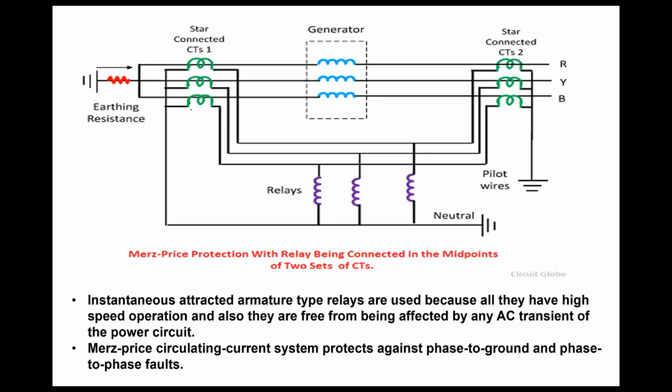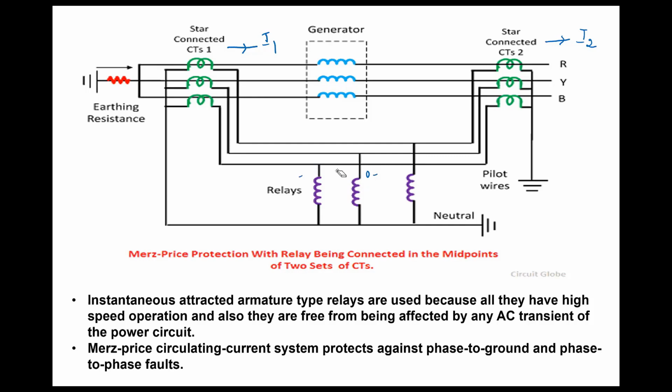We have already studied the differential protection. So we'll connect 6 CTs. Understand? If the same current flows through both the CTs, suppose this current is I1 and this current is I2, if I1 is equal to I2, the CT secondaries also carry the same current, and we know that the differential operating coil will carry 0 ampere. So in this case, the relay will not operate.